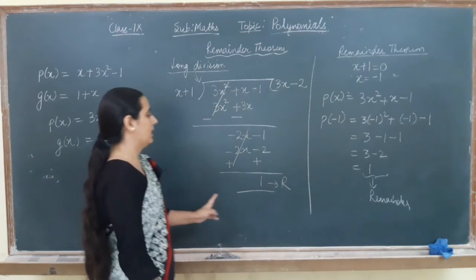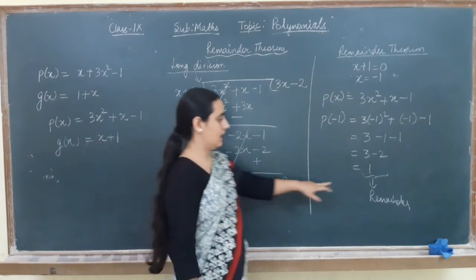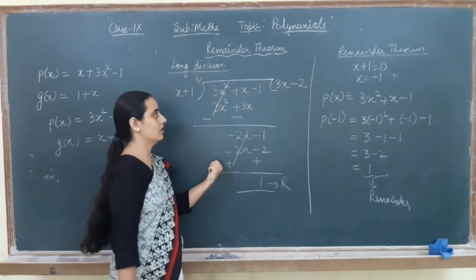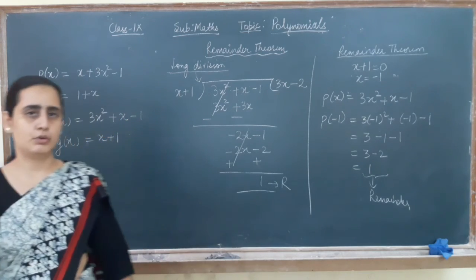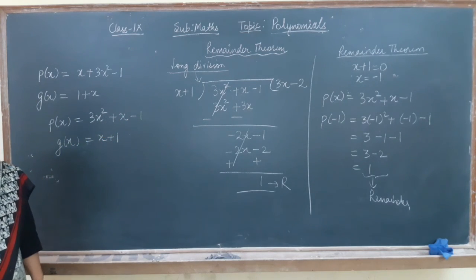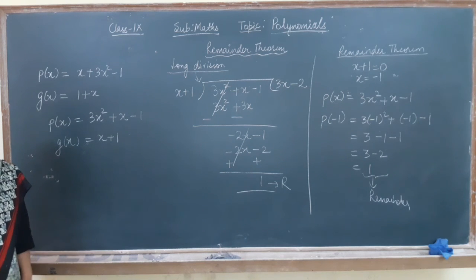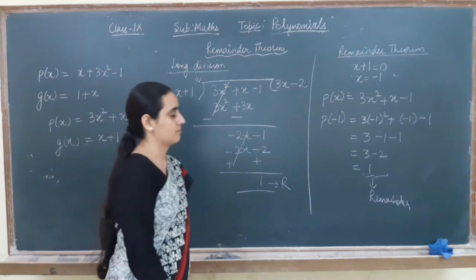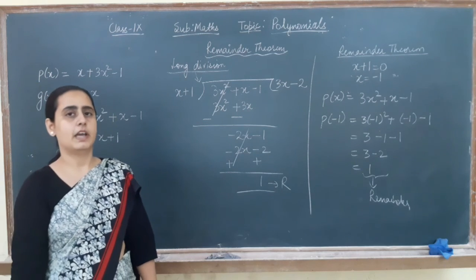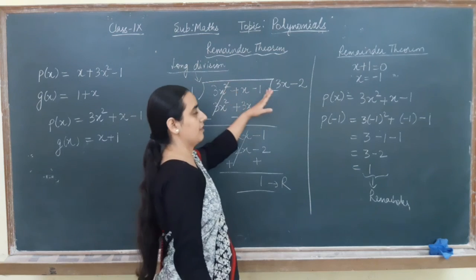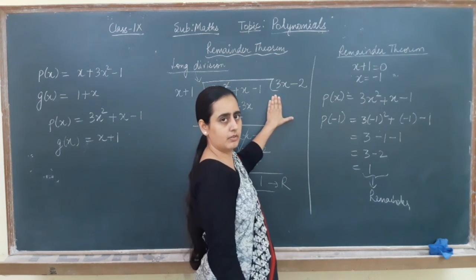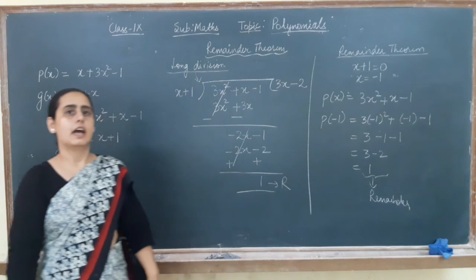Fine. So there are two methods. You can see we have got the same remainder. One by long division, one by remainder theorem. If it is mentioned in the question that you have to use long division, then you have to use it, otherwise you can use any of the methods. Fine. So from here we have concluded one more thing, that if my remainder is 0, that means the divisor is the factor of the given polynomial. As I told you,